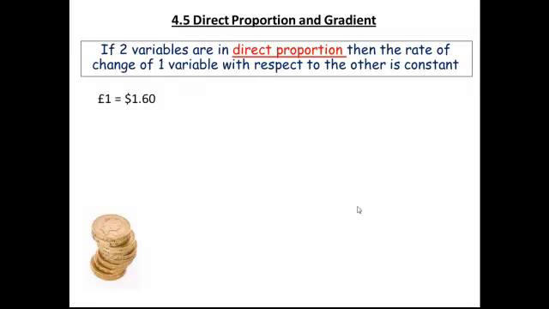So something that I always think about in terms of direct proportion, having just moved to Australia from England, is the exchange rate between the pound and the dollar. So I'm always thinking, okay, if it costs this much in dollars, how much is that really in pounds? Okay, so I put the exchange rate up there for you. At the moment, for £1, you get about $1.60 Australian. So you probably understand that